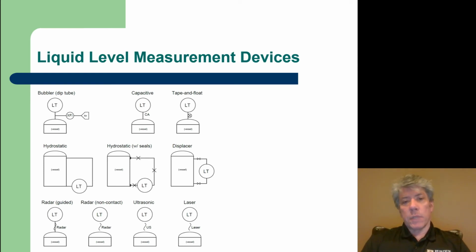Of course, there's many different types. There's bubbler methods where you literally bubble usually air through the liquid, and based on how deep the liquid is, the rate at which the bubbles come out will change. As the liquid level goes up, the rate of bubbles coming out slows down. And there's capacitive methods and so forth. Capacitive method is just a capacitive type sensor where the level in the tank changes the capacitance of essentially what becomes a variable capacitor with the vessel and the sensor. But that doesn't really matter. What matters is that there's many ways to measure the liquid level in a tank, and they can be indicated